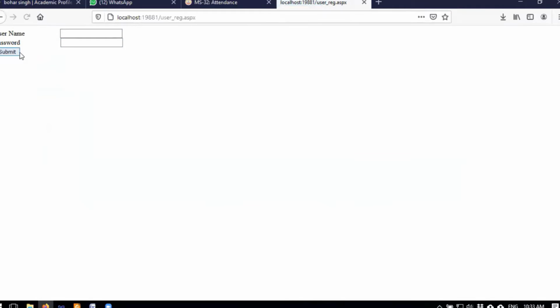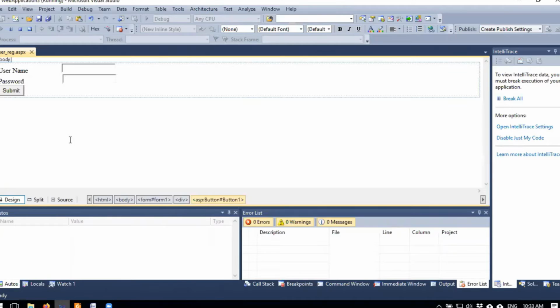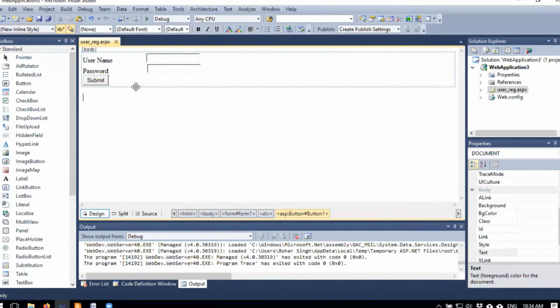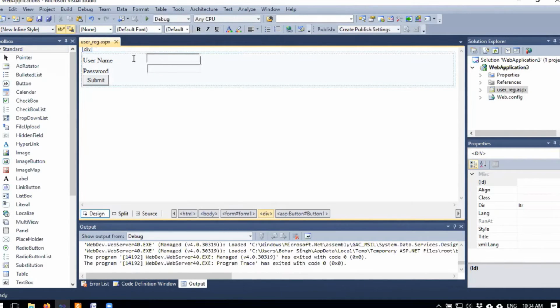When I click on the submit button without entering any username and password, it is not showing any message. So if I apply the validations on these controls, the submit button displays some error message. So close this, back to Visual Studio, then stop.